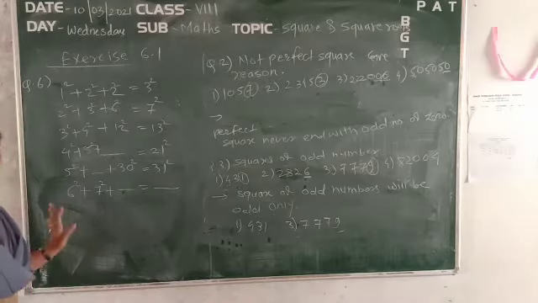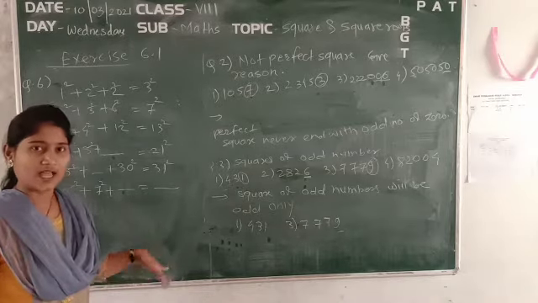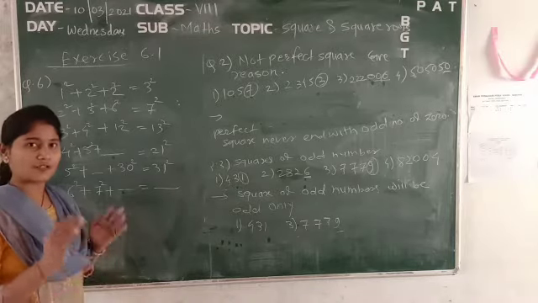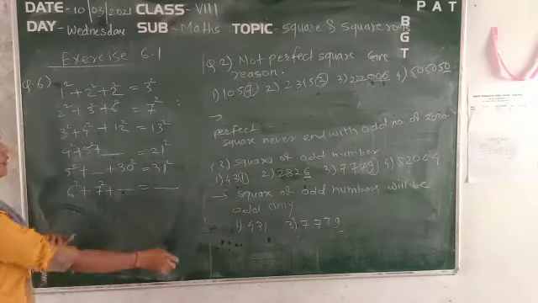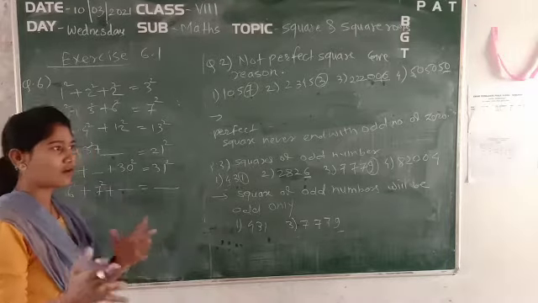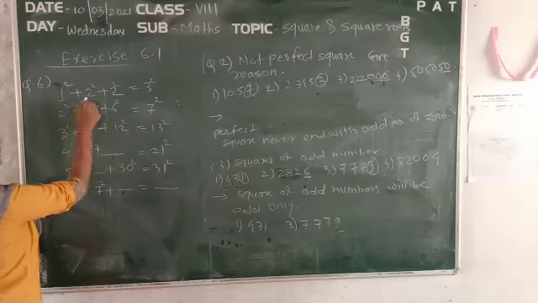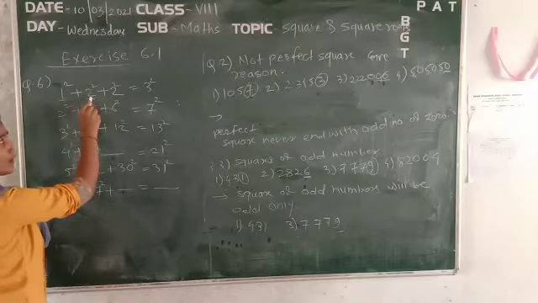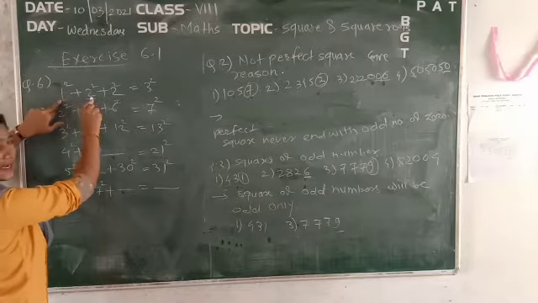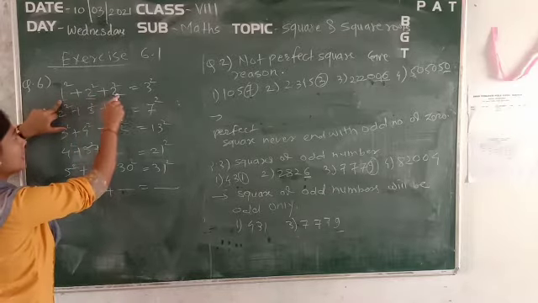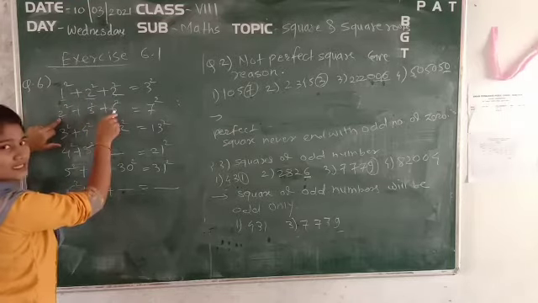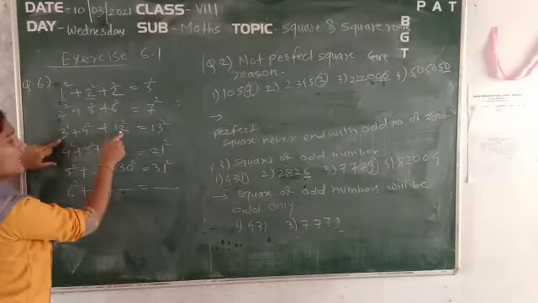Now see, it is also one type of pattern, and by observing this pattern you have to find the missing numbers. First of all, let us understand the patterns, what patterns you have been given. If we see 1, 2 is there. If we multiply these two, the first number and the second number, you will get the third number, that is 1 twos are 2, 2 threes are 6, again 3 fours are 12.